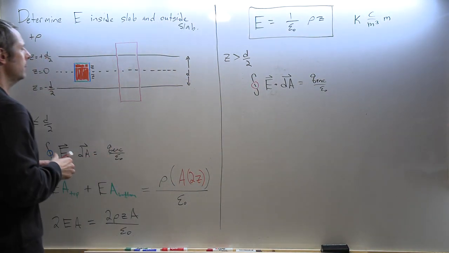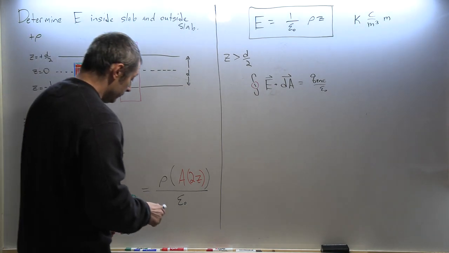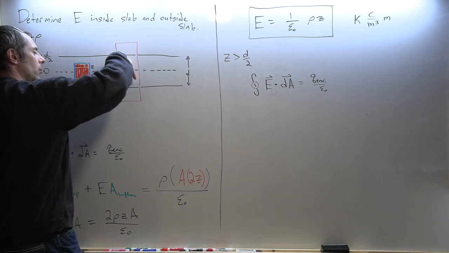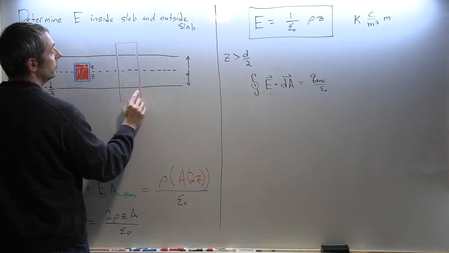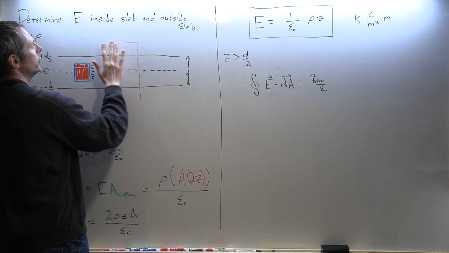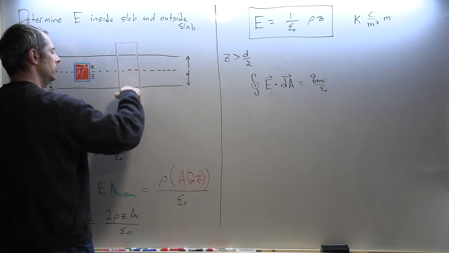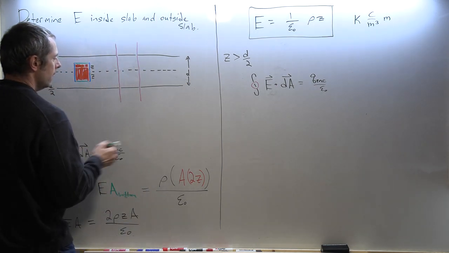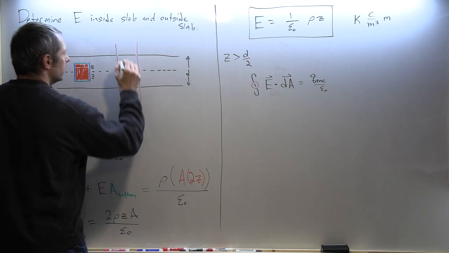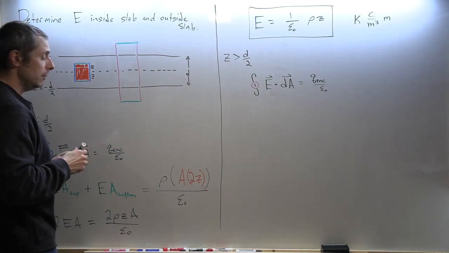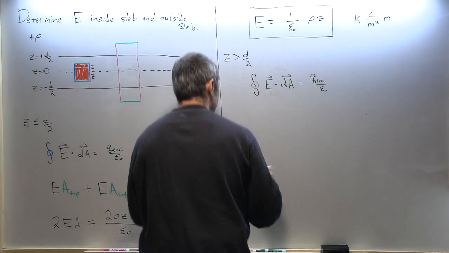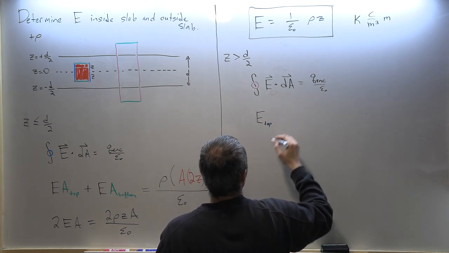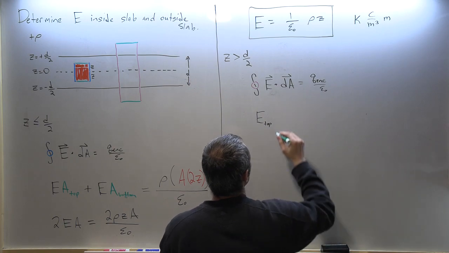For that Gaussian shape, now, the flux, once again, the electric field is going to point away from the slab and away from the slab. So no flux through the sides because the electric field will run along those surfaces. It only pokes out of these two surfaces right here. So once again, I will color coordinate. The flux goes through this surface and that surface right there, the top and bottom of my box. So I could say again, E top times area top